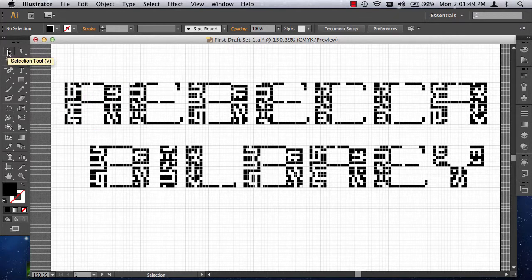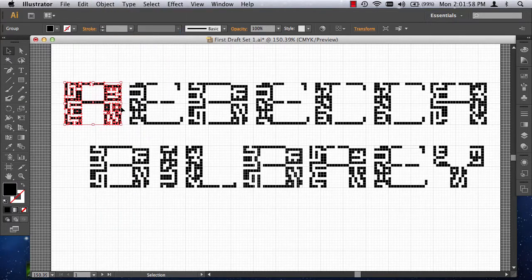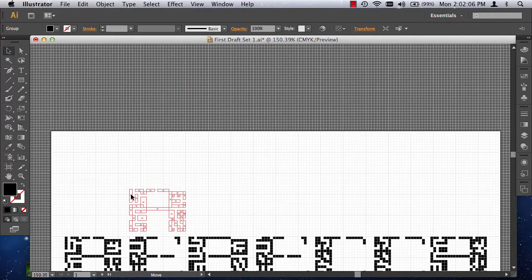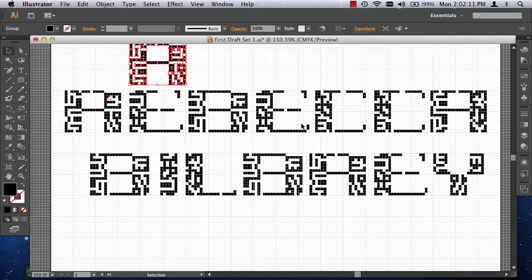You'll notice that I have the selection tool selected, and I click and drag over one of my letters. I group that by going to Object and Group, which is Command G. But I oftentimes will copy and paste it, Command C, Command G, and I will use it to build my other letters. Now you'll notice the E is not nearly as wide as the B, but when I made it